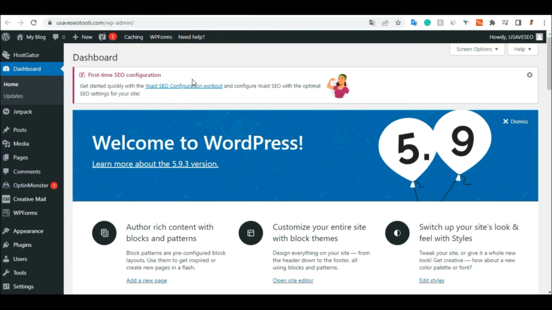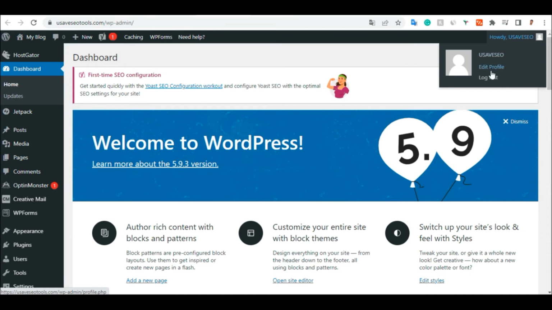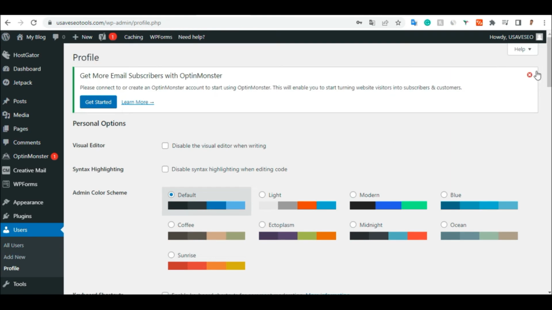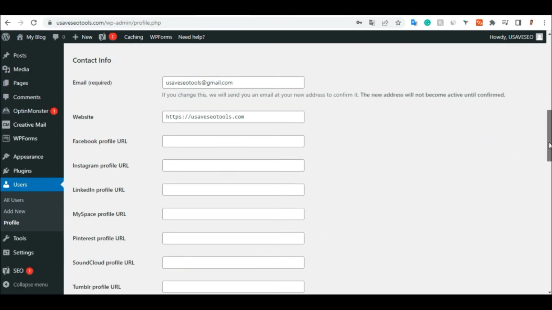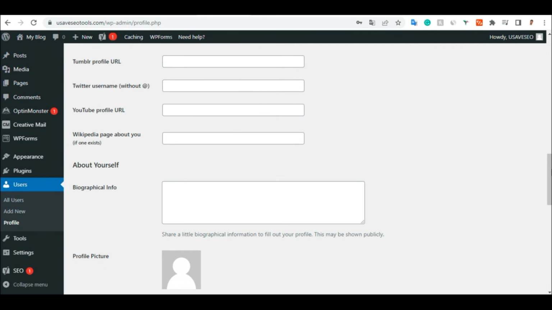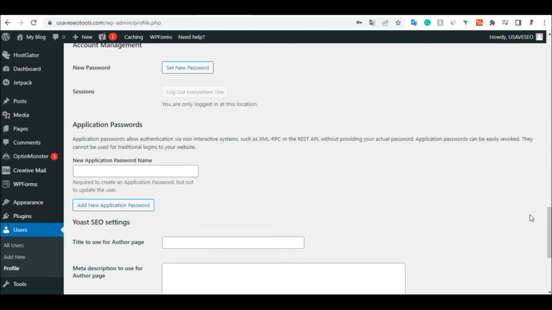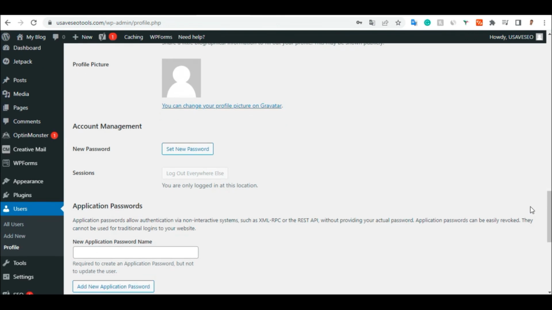What we are going to do here now, you can see there's a bunch of things here. The first thing is to change our password. So what we need to do is to click on this section and click on profile. Yes, I think it's profile. You just need to scroll down here. I think it's this section, if I'm not mistaken. Profile, scroll down. Yes, it's on this section. Click on profile, scroll down, and click on this section that says